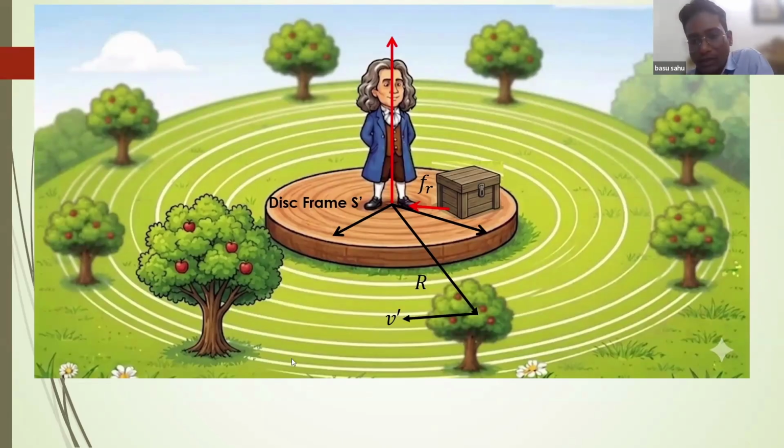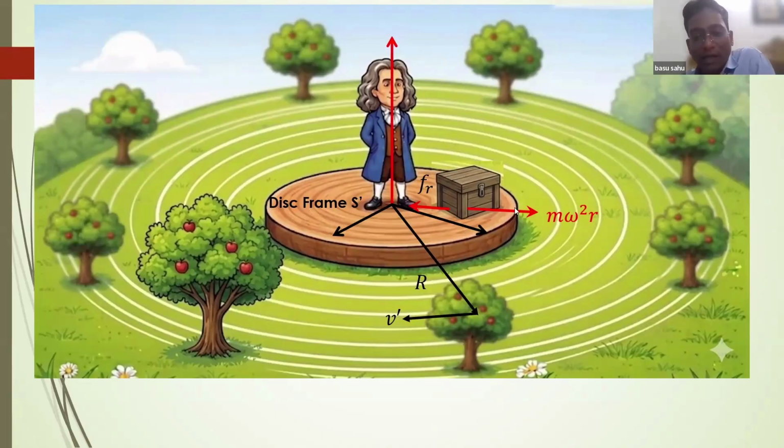How will we explain the motion of this box? Basically, the box is not moving with respect to the disk, but rather it is stationary. How can we explain this? So we say centrifugal force, which is a pseudo force, is acting. In which direction will the centrifugal force act? Away from the center. That means in this direction, right?